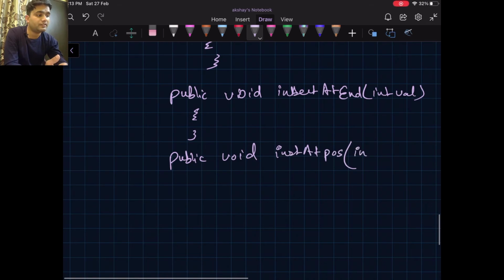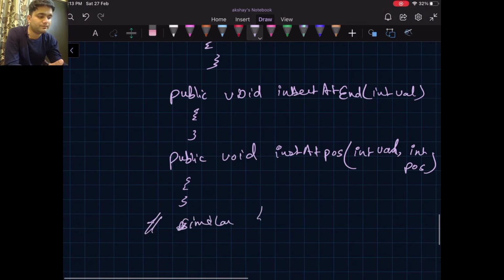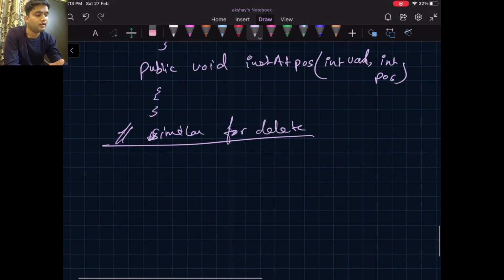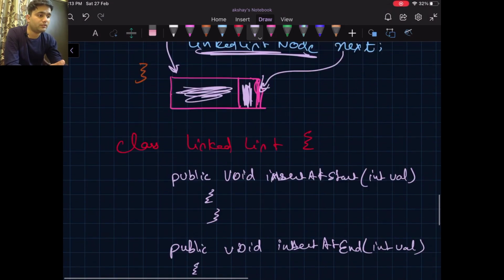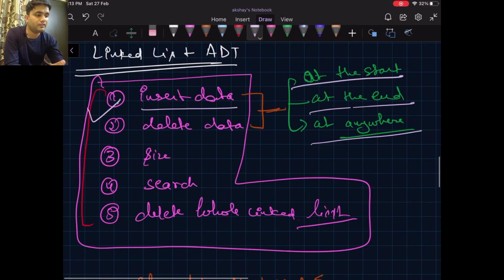This will accept an integer value and a position that we want to insert at. Okay, so similar for the delete, and so we have covered insert, we have covered delete.